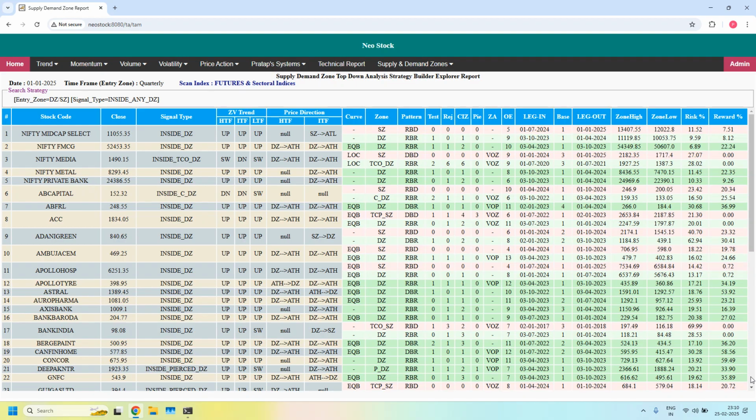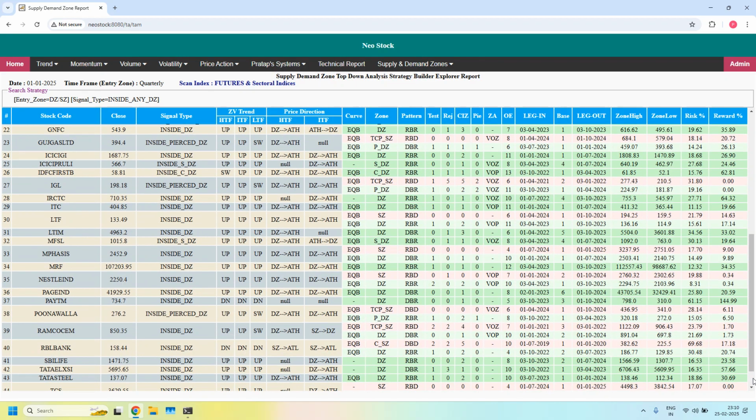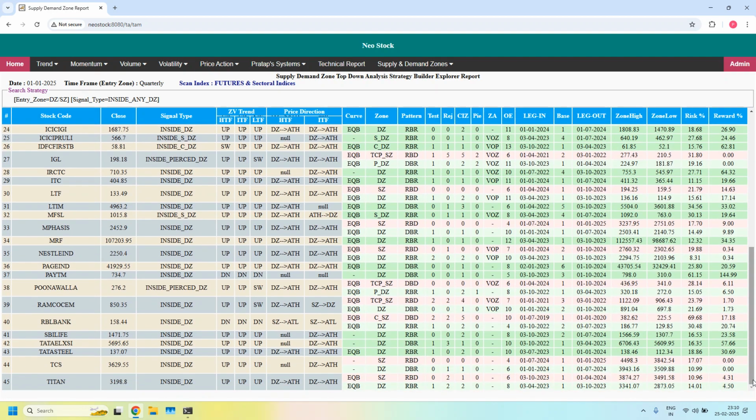I am scrolling the list down. So total 45 stocks. But this is a big list. So we can further filter this list by setting some high probability parameters to get the success. So the parameter I am going to add for all these 45 stocks is EMA Confluence. Let us further filter based on EMA Confluence,